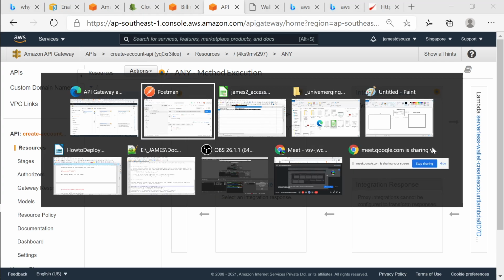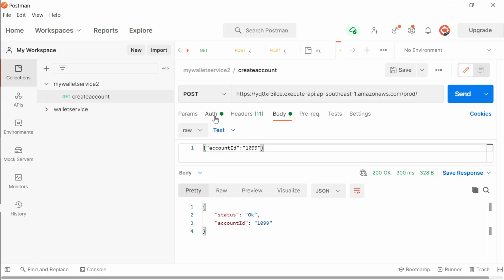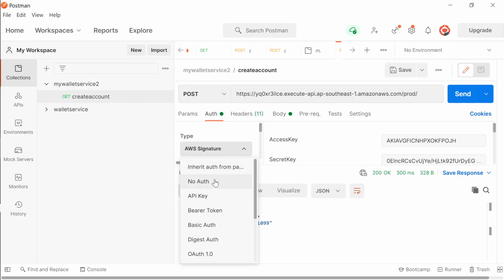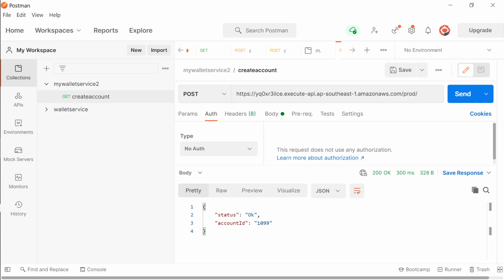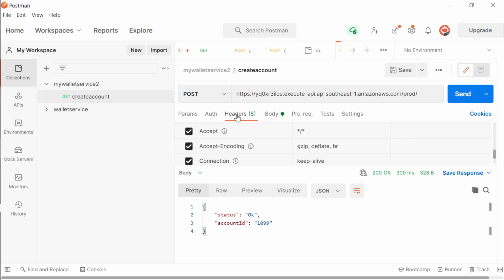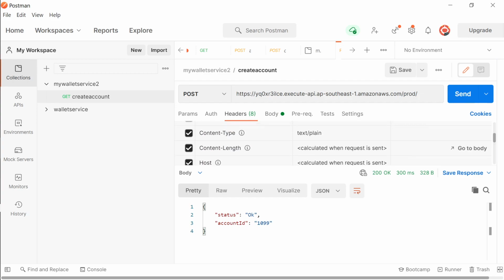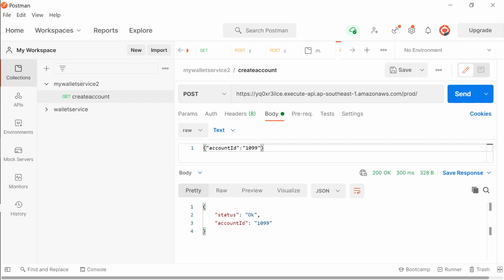So I'll test it again with Postman, but this time I will remove the authentication. So I'll remove the signature. So I'll say no auth. No auth means data won't go in this. So headers is the same. Header, the main part is the content type. So content type is text/plain, and this is the account ID, and this time I should get an error, and this is without authentication. Okay, means anybody can access the link. And I say send. Oh, missing authentication link.